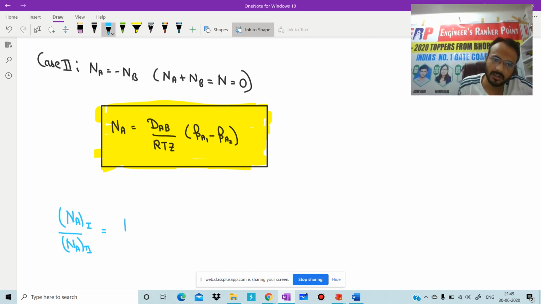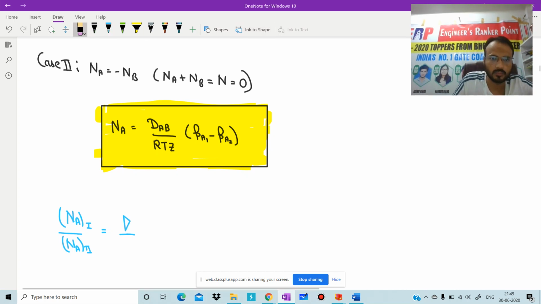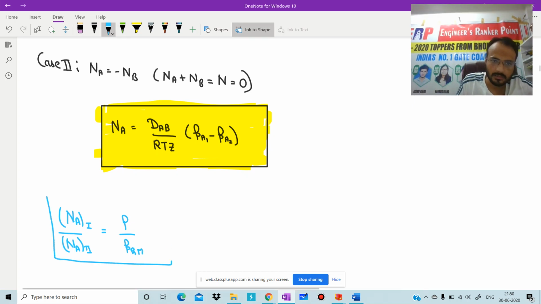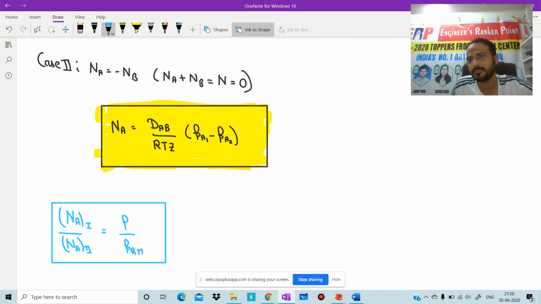And what you will get? You will get E by, just a minute. After solving, what you will get? E by EBM. It means that it is very simple. Is it clear? Now, with the help of this formula, you can solve your questions in just seconds. I hope up to this point there should be no rocket science. Or is there any rocket science? No. Now we will come to the question.